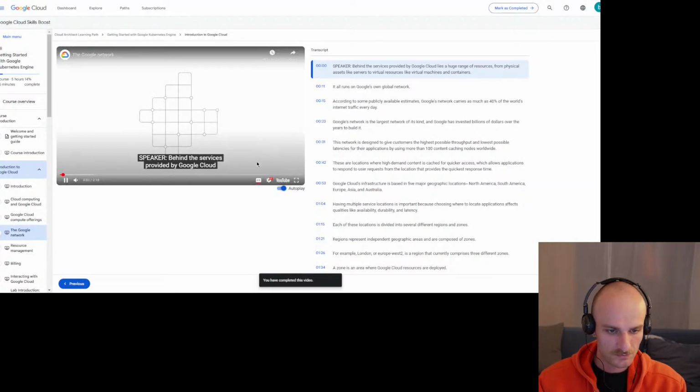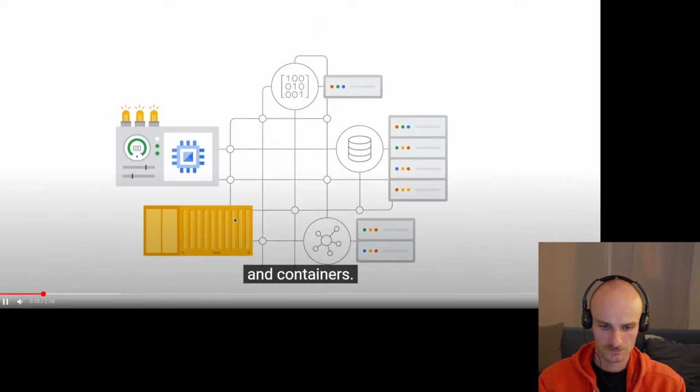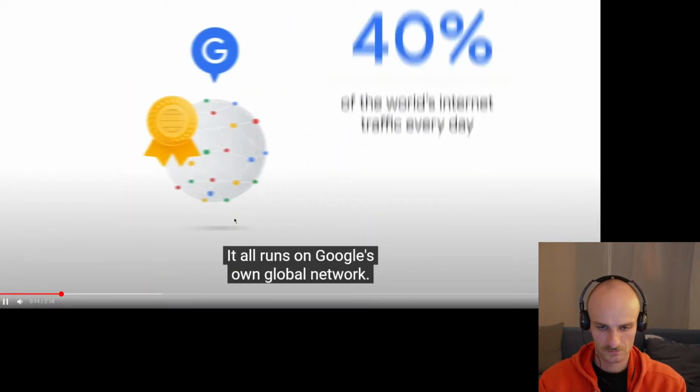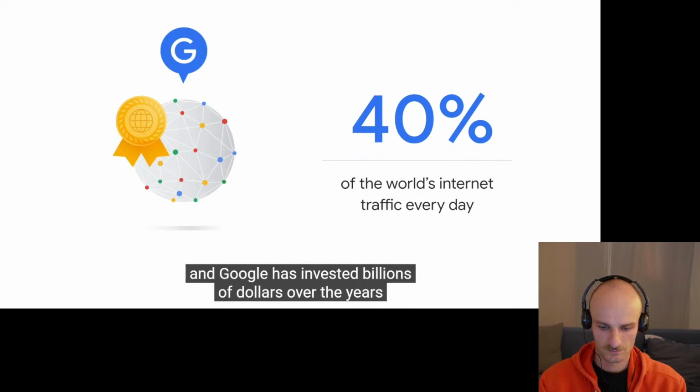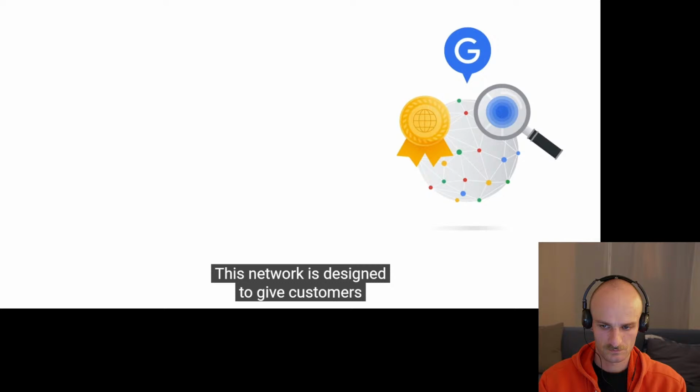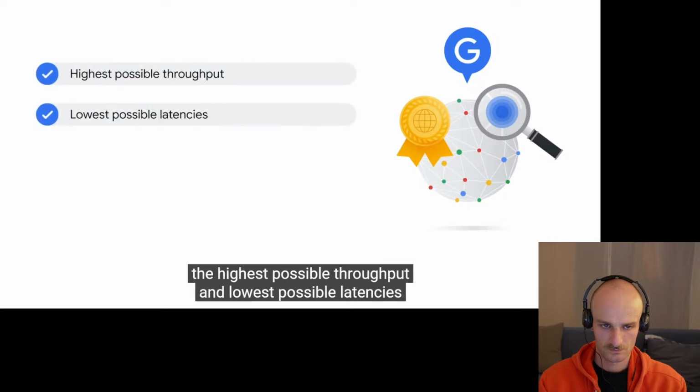Behind the services provided by Google Cloud lies a huge range of resources, from physical assets like servers to virtual resources like virtual machines and containers. It all runs on Google's own global network. According to some publicly available estimates, Google's network carries as much as 40% of the world's internet traffic every day. Google's network is the largest network of its kind, and Google has invested billions of dollars over the years to build it. This network is designed to give customers the highest possible throughput and lowest possible latencies for their applications